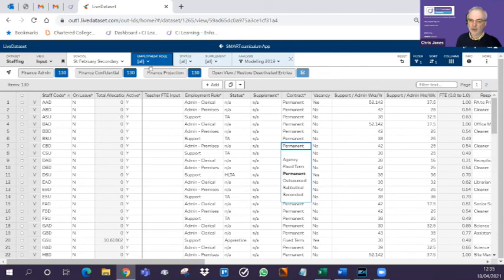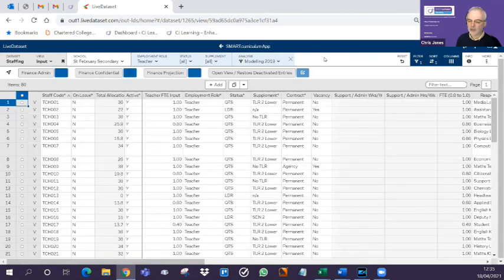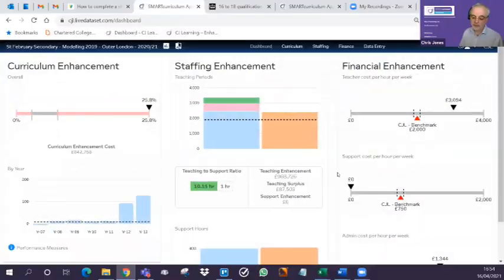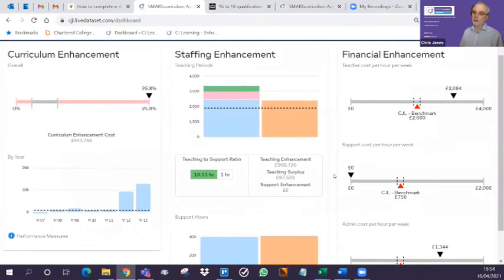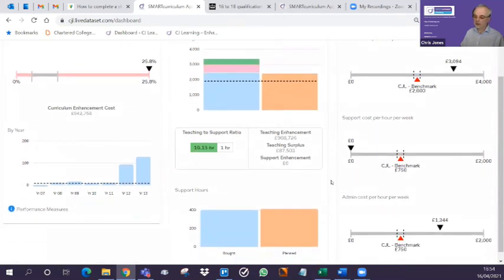So just to illustrate, if I was to filter this model down to teachers only, if I move here, you can see apprentice, leader, lead practitioner, NQT, qualified teacher status, unqualified, and upper pay scale. But within each of these people, we've now got the ability to have them as agency, fixed term, permanent, outsourced, sabbatical, or seconded. And there are the developments for this spring term. We're working on more for the next period in the summer term, but enjoy the analysis and the conversation that's going to come out of this